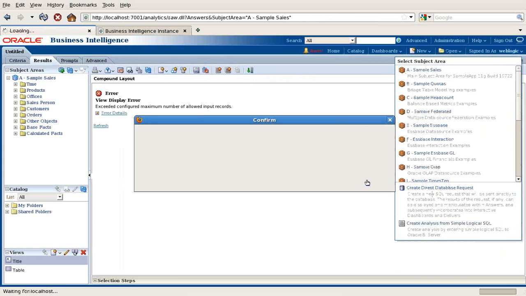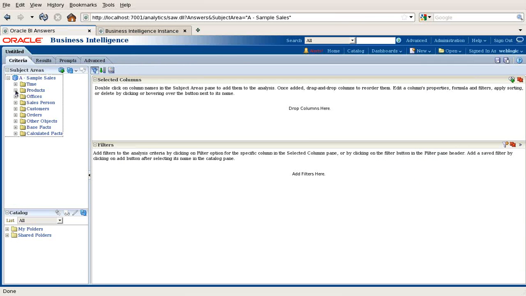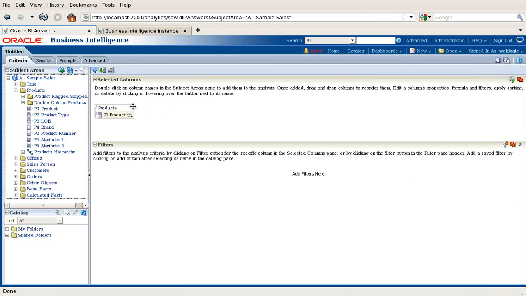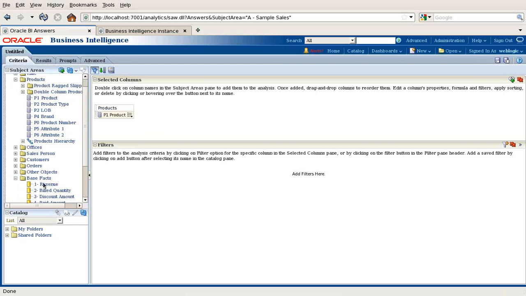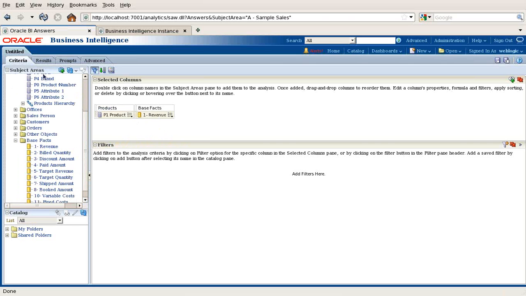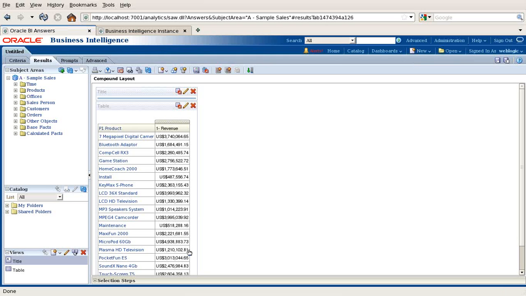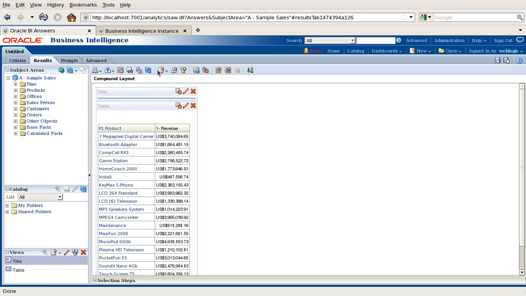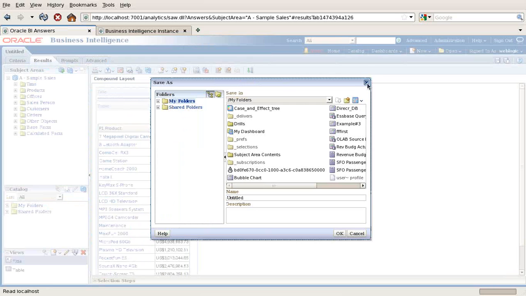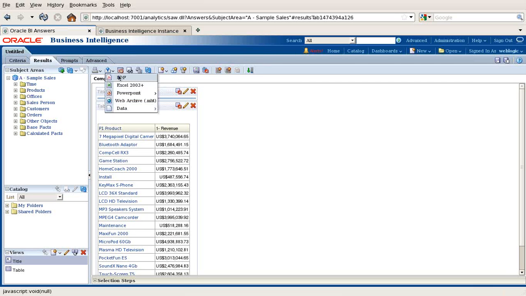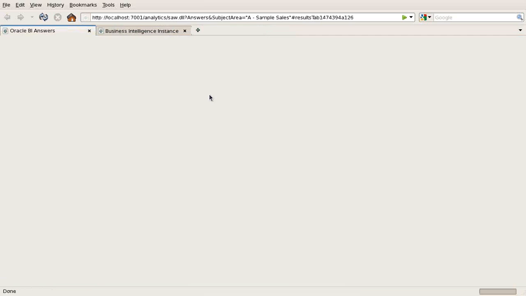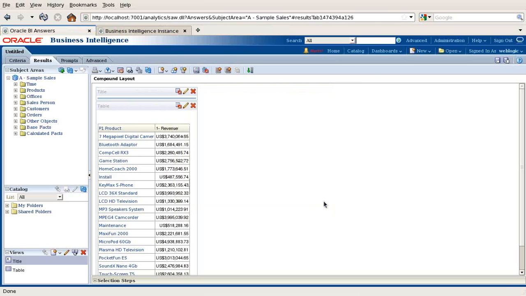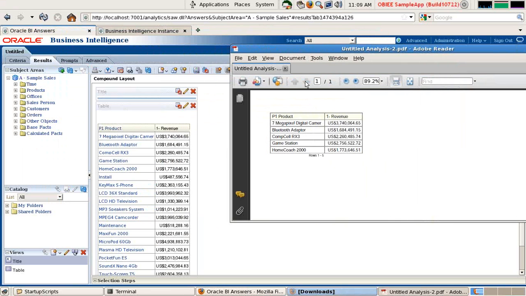I can also specify the number of rows to be downloaded. When you click on the download option in PDF and HTML format, how many rows are going to be processed? I click on product and one of the measures called revenue, and I click on result. I'm able to see the data, so naturally there are more than 5 rows. When I click on export, there's an option called export. Click on the up arrow. I'm going to export in PDF format. Click on PDF and open the result. Though there are more than 5 rows, when I export this, only 5 rows are rendered in the PDF format.